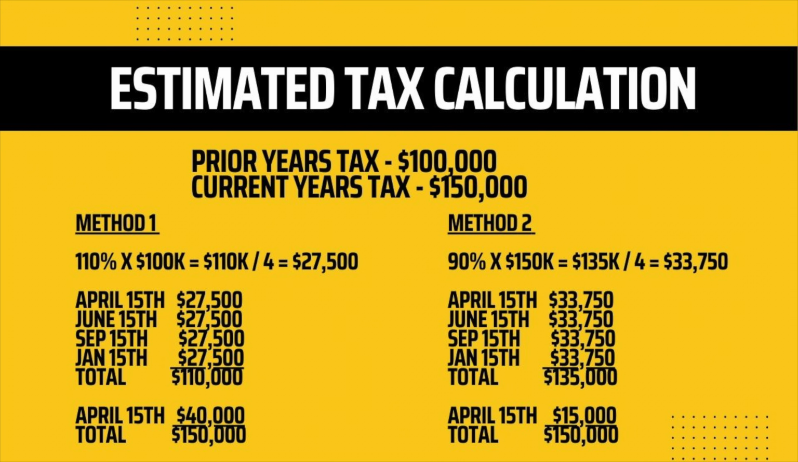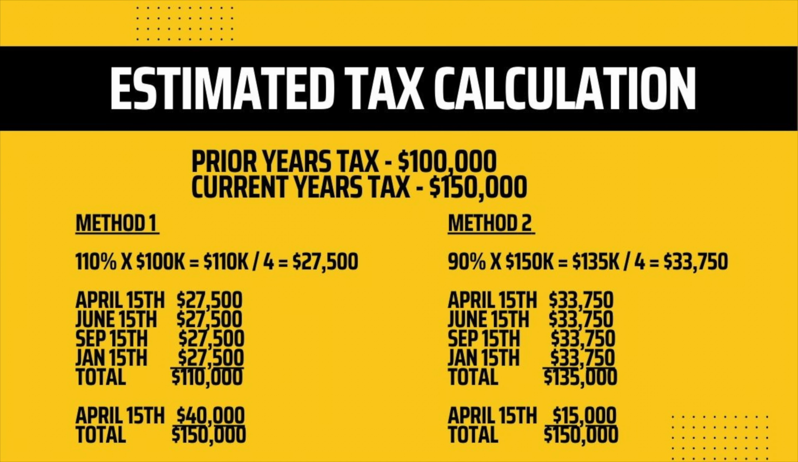Now let's take a look at the second option, which is taking 90% of your current year tax liability. So now we know your current year tax liability is going to be $150,000. So 90% of that is going to be $135,000. We take that, divide it by 4, and you get your payment amount of $33,750. Again, we make those payments on April 15th, June 15th, September 15th, and January 15th for a total of